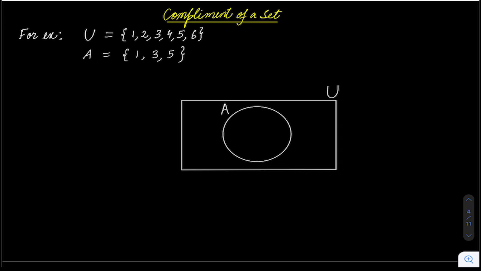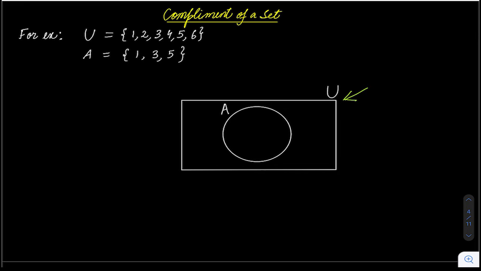Okay. So in a Venn diagram, usually our universal set is represented by a rectangle, as you can see here, this rectangle. So this rectangle is my universal set. So all other sets, it doesn't matter how many are there, they all will be inside this rectangle only, because this rectangle represents the universal set. Okay. So let's first see complement of a set.